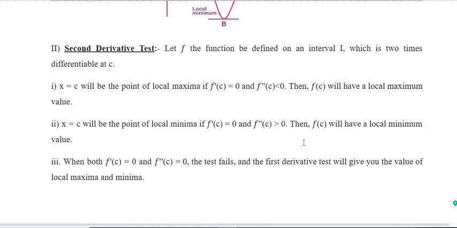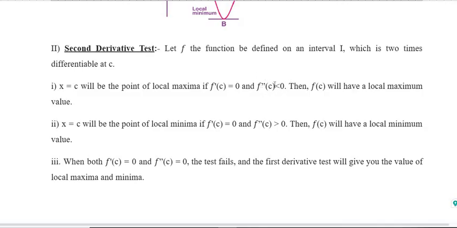Again, for this test we need to consider a function within a certain interval I. The function must be continuous, and then we are going to check it. At point C, how are you going to check this? First you need to find the first derivative. This must be equal to 0. And if the second order derivative